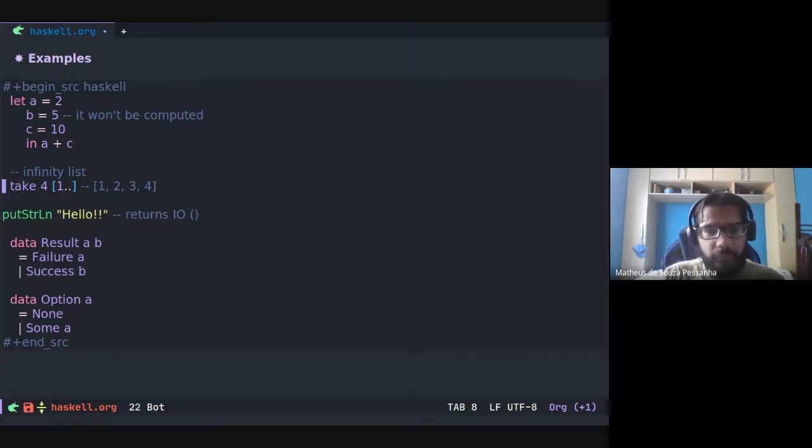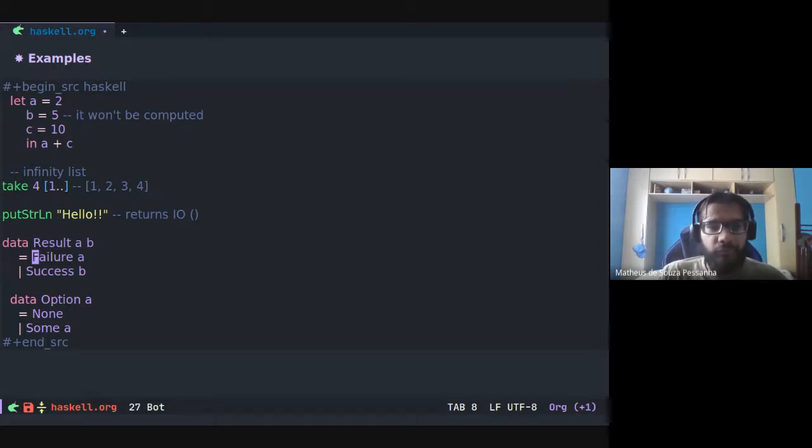So for another monad example, we have the type Result, or Either. It has both these names, and it receives two types as arguments.